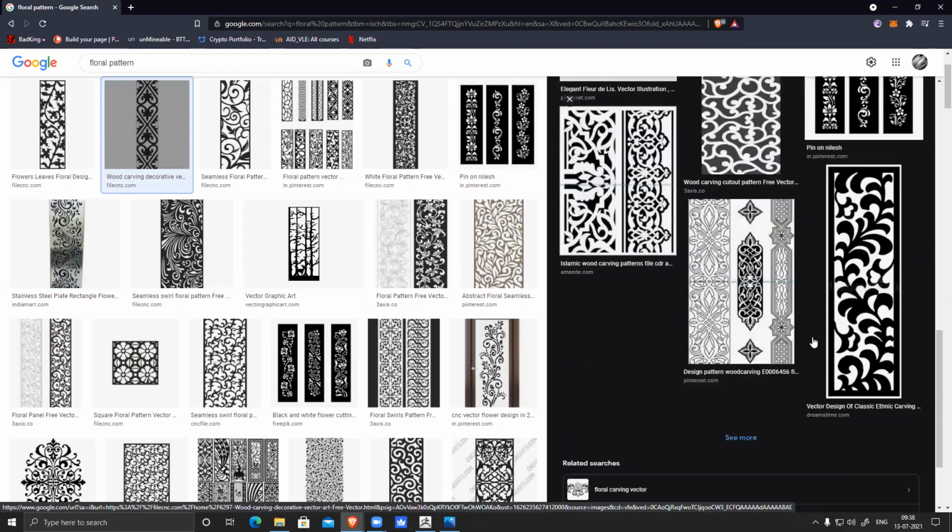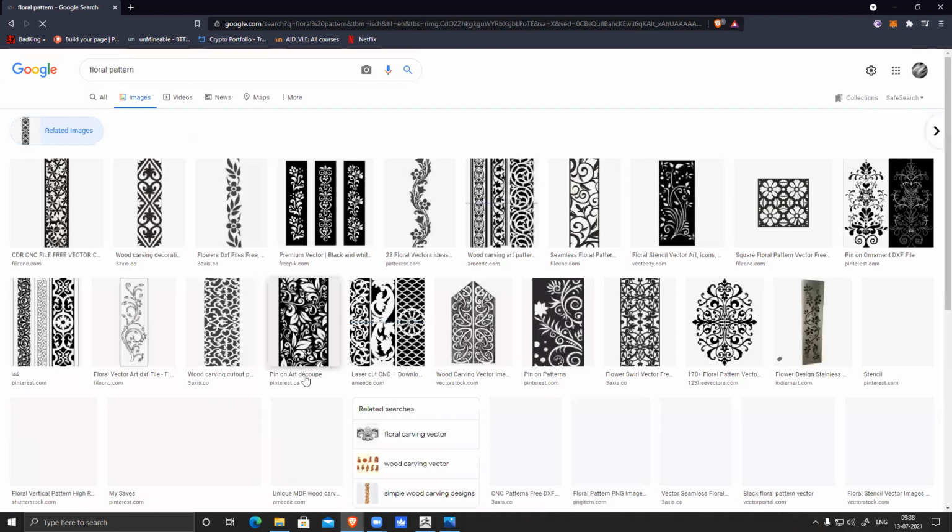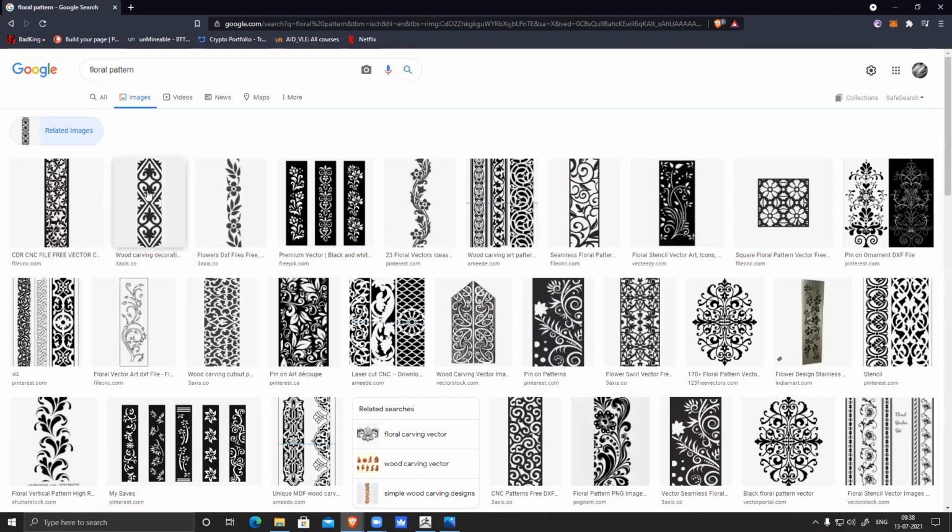Okay, these look much nicer. Let's see. This one looks fine. This also looks kind of nice.